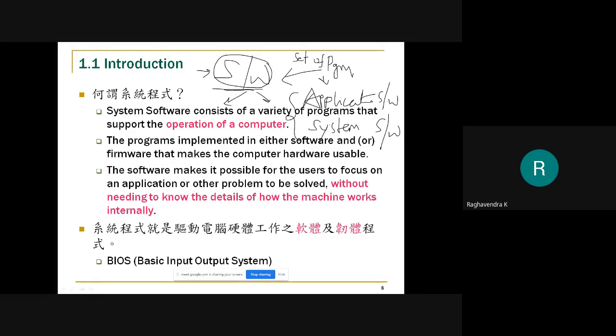Of course, we need to know the differences as well. So first of all, let us try to identify which are the application software and which are the system software. Have we used any application software as of now? Yes, of course, we have been using several application software. Like now, for example, I'm using Microsoft PowerPoint to present this lecture. So that's the software that I'm using currently, so I can call it an application software.